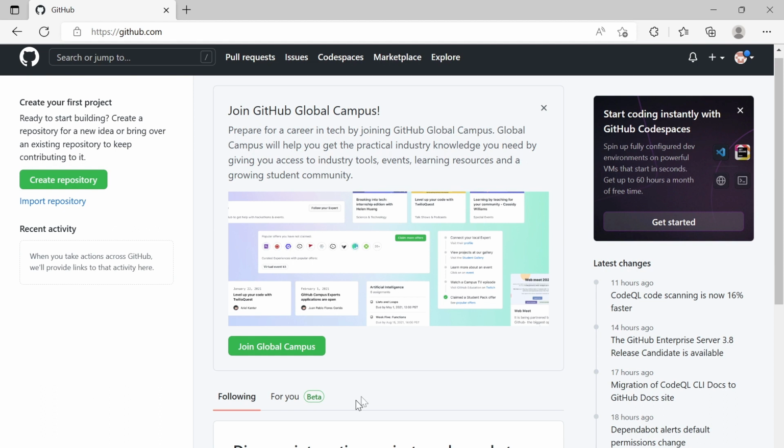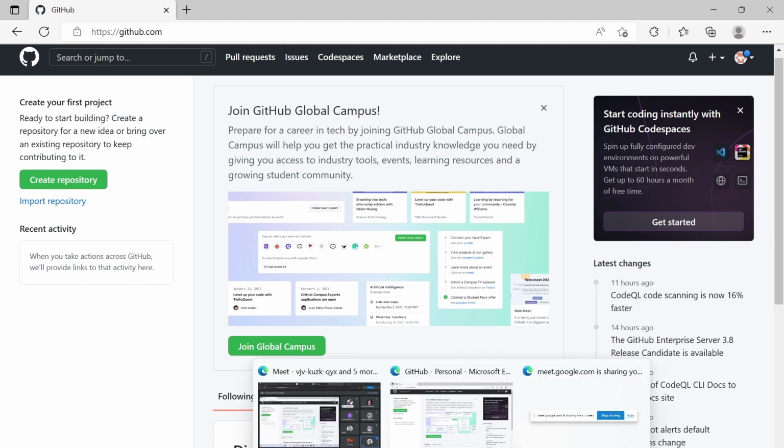Now I will go to the difference between Git and GitHub. Most beginners or new people entering the software industry get confused between what is Git and what is GitHub. This is very obvious because of the similar words present in both Git and GitHub. So I will try to explain that.